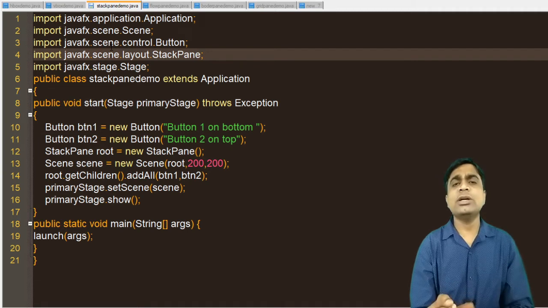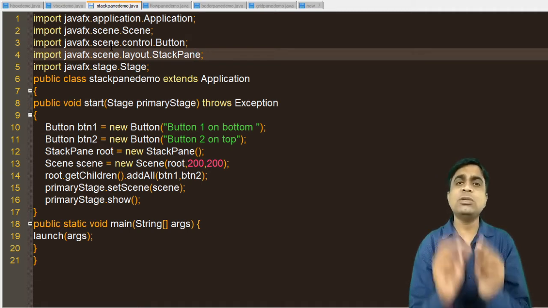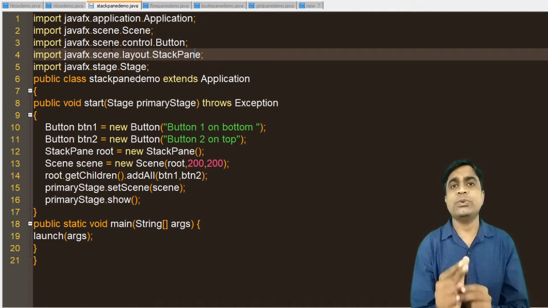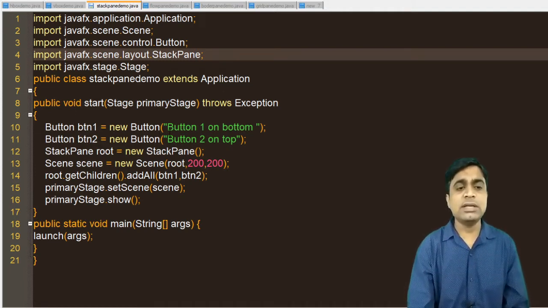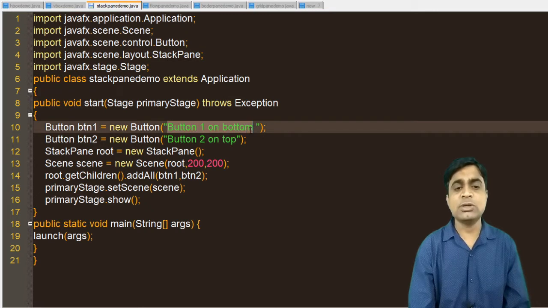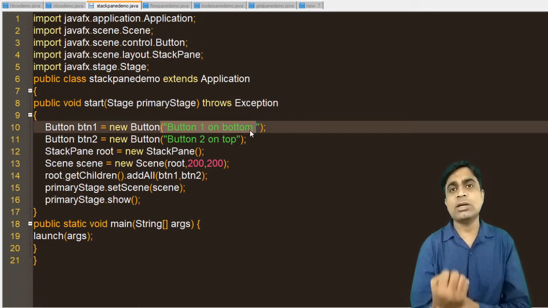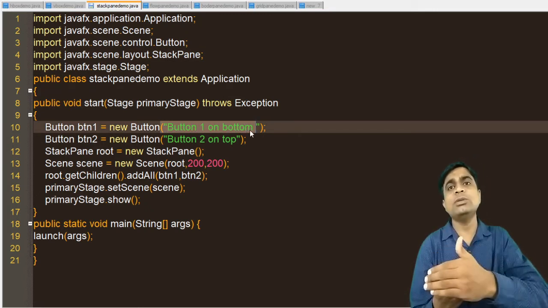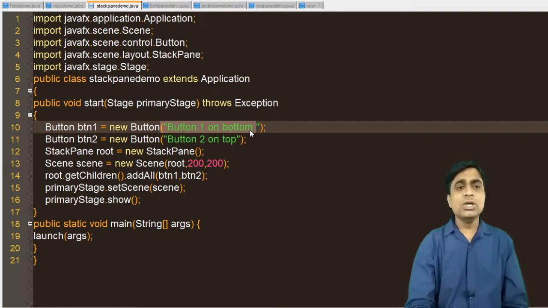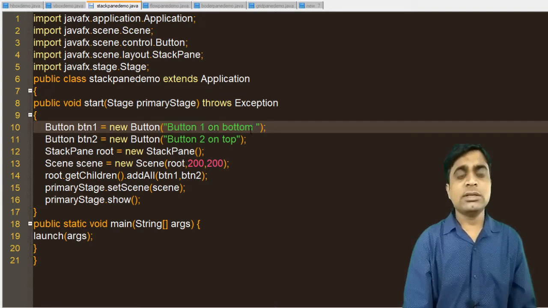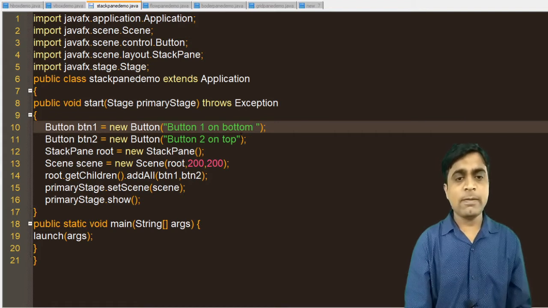But here I am not giving you that large program, I am not explaining that large one. I am just giving two simple buttons, button 1 and button 2. Here the length of the text of button 1 will be larger, just because button 1 will be displayed at the bottom and button 2 will be displayed above button 1. So that is why I am writing like this.